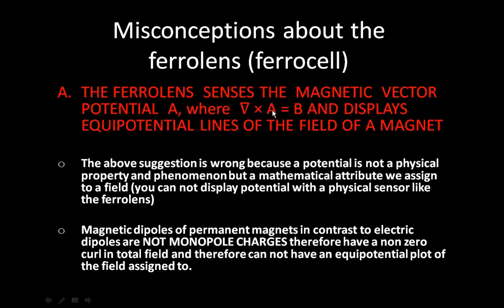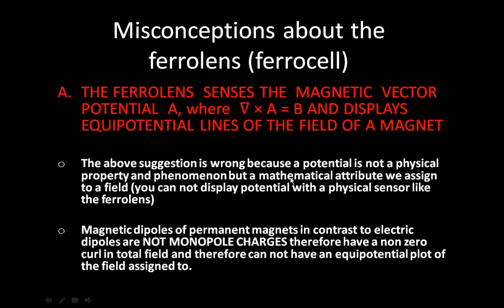The curl of the magnetic vector potential A of the field is the magnetic field intensity B, and therefore it displays equipotential lines of the field of a magnet. Well, this is not true. The above suggestion is wrong because a potential is not a physical property and phenomenon,